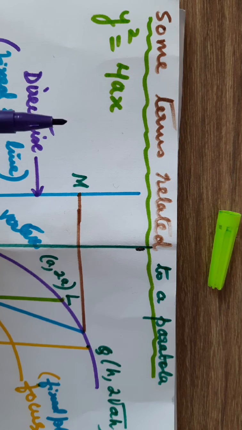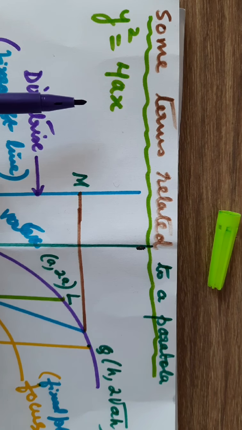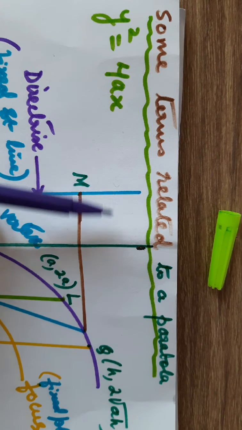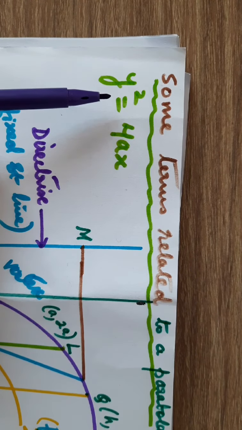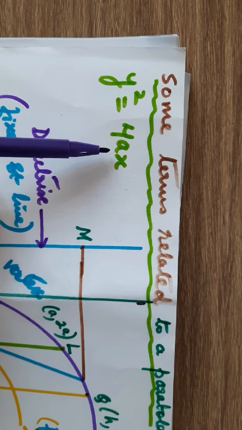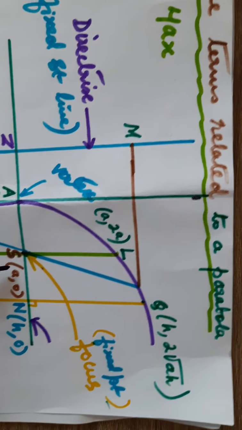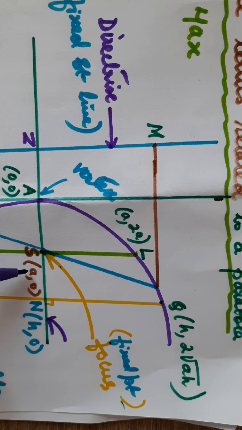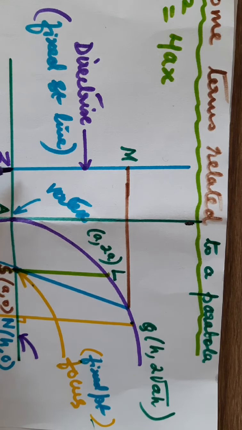Since we have already discussed in the class the standard equation of the parabola, now let me give you some terms that are related to a parabola. In the standard equation of the parabola given by y square is equal to 4ax, when you draw the curve, we know that the coordinate of the focus S is (a, 0)